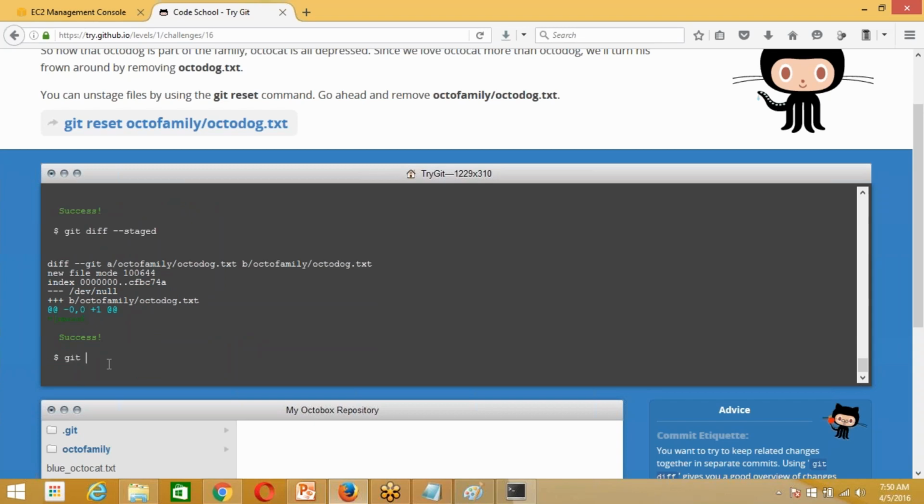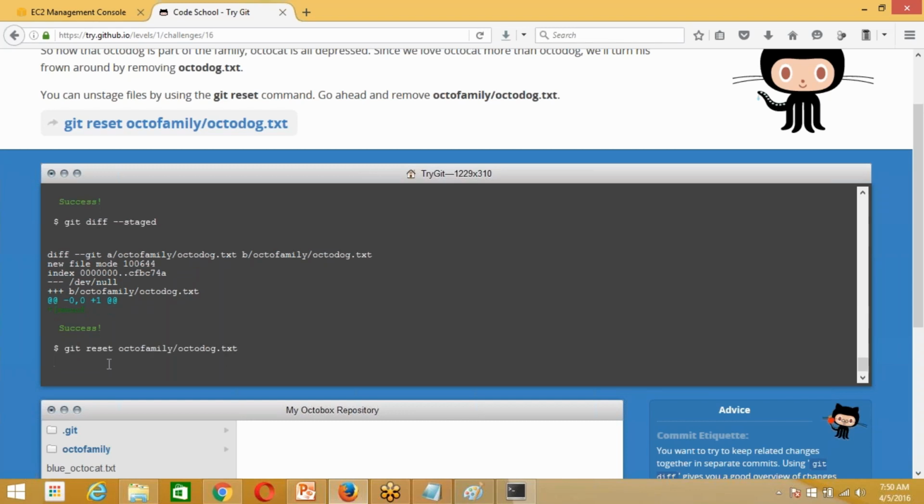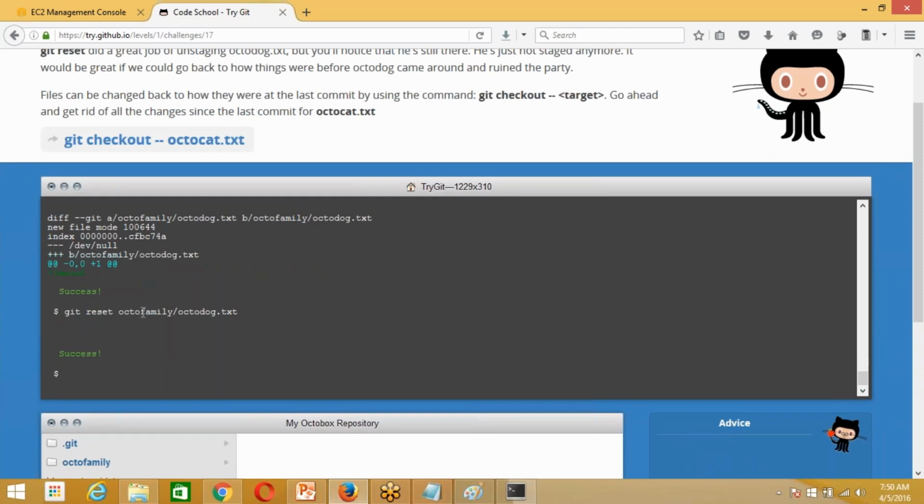Now git, we are resetting the file here, meaning we are emptying the file, and now we'll do a git checkout.